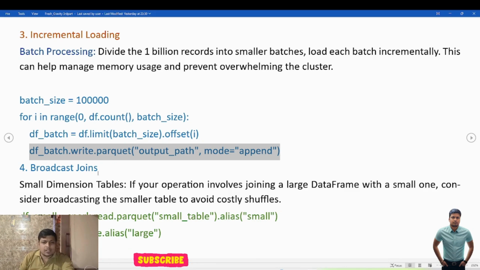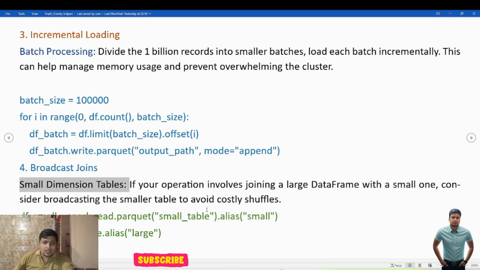So a small dimension table, like one small dimension table is there. So if your operation involves joining a large data frame with a small one, consider broadcasting the smaller table to